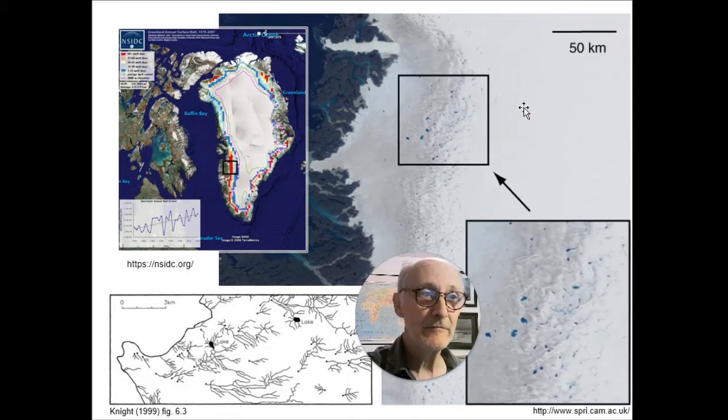But as we move towards the margin and we're losing our snow, moving into the ablation zone where there's bare ice at the surface, you can begin to see here, and let's zoom in on that, supraglacial meltwater existing in ponds on the glacier surface, and some of these ponds you can pick out on here are connected by meltwater channels. So there's a very prominent supraglacial meltwater system in that area of the ice sheet,